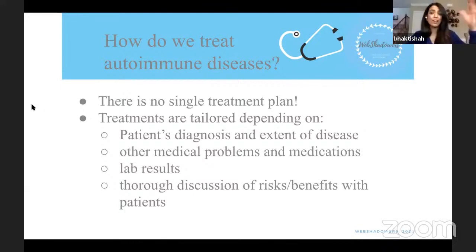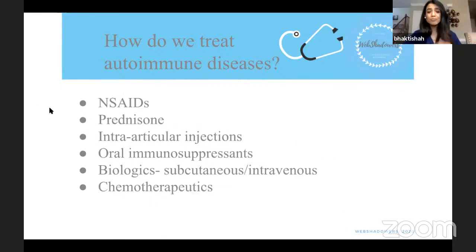And for these conditions, a lot of the ones that we mentioned, there are multiple treatment options. We can treat autoimmune and inflammatory diseases with multiple different medications. We can start with anti-inflammatories, and this can include over-the-counter medications or even prescription strength medications such as naproxen and meloxicam. Prednisone is something that we would use to acutely manage an inflammatory process. Prednisone is never a long-term treatment, for it can have many side effects. So we never use it long-term.